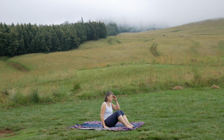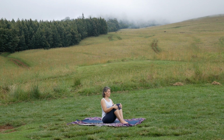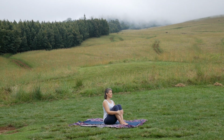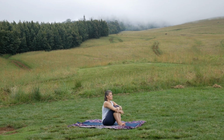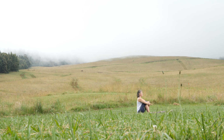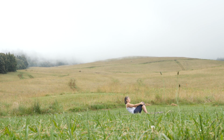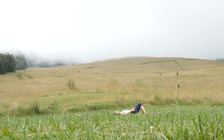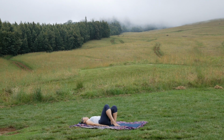Gently start to bring the feet out in front of you, come to the center of your mat, and bring the knees in towards you to lift up with the crown, root down through the tailbone, hug onto the legs, finding that length of the spine here. And then gently release your way all the way onto your back body, keeping the knees bent,